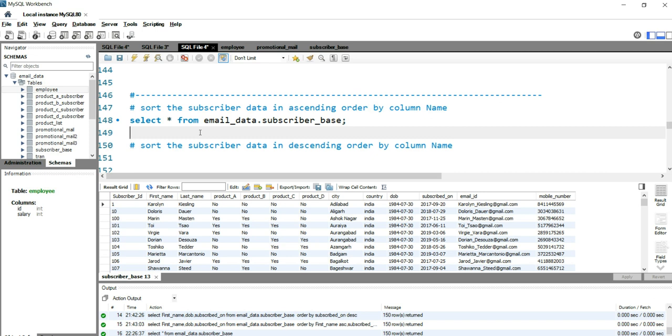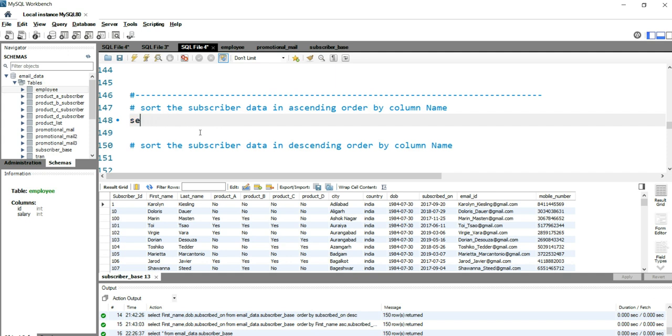In order to arrange the data in ascending or descending order, we have to use a keyword that is ORDER BY in SQL. So let's go and write the query first. Again, I'll take only two or three columns as our output set.